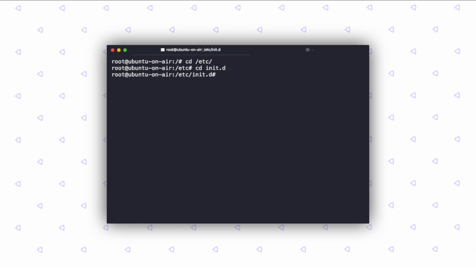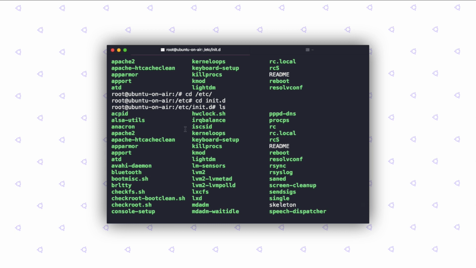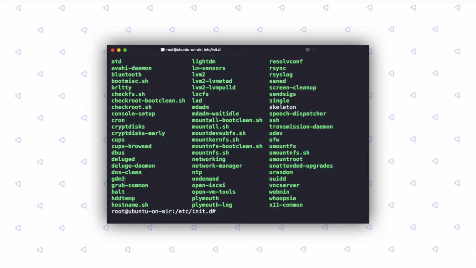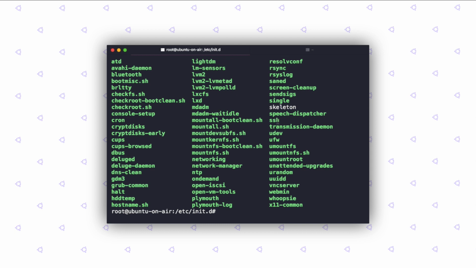So if I go ahead and do an ls now, you can see that there are a lot of services, you have GDM3, you have Deluge, which is a torrent client, you have SSH, and a bunch more. So we're going to limit our scope to the SSH service because that's the one we have covered in the blog post. So it would make some sense.